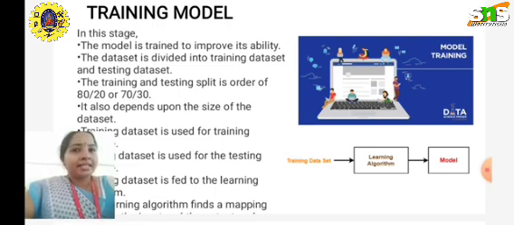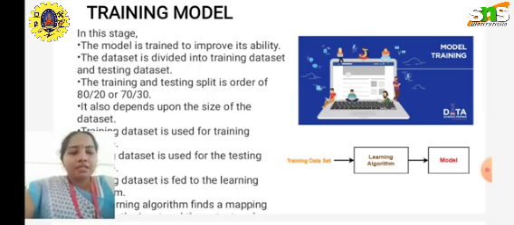The testing data set is nothing but, for example, if we have n number of data, let us take 10. So there are 10 data. In that 10 data, I am going to train the model by using 8 data from it, the first 8 data. The next 2 data I'm going to take as a test data set, and based on it, see what the output will be. Again, I'm going to take 8 data, but now I'm going to include the 2 past data which were used as testing data. I'm going to train it now, and another 2 random data are taken for testing.